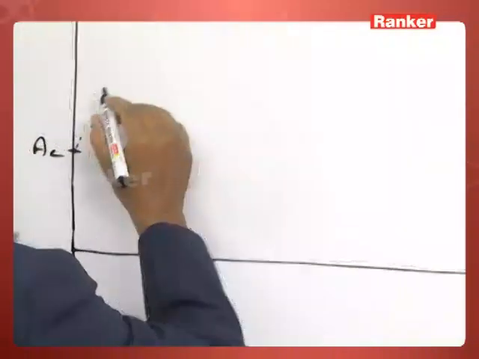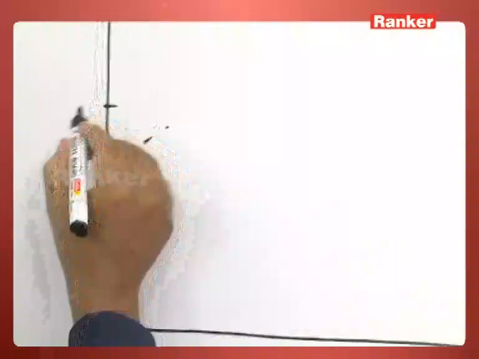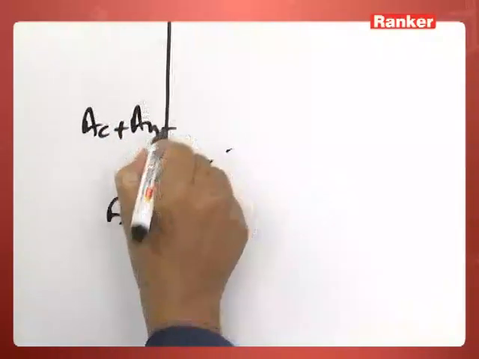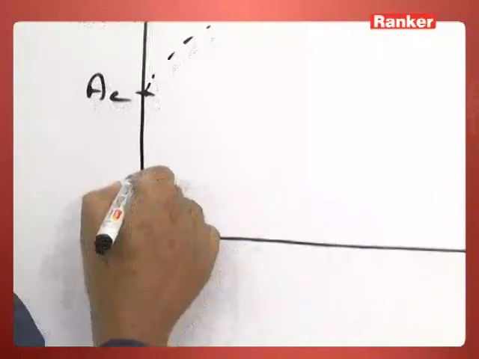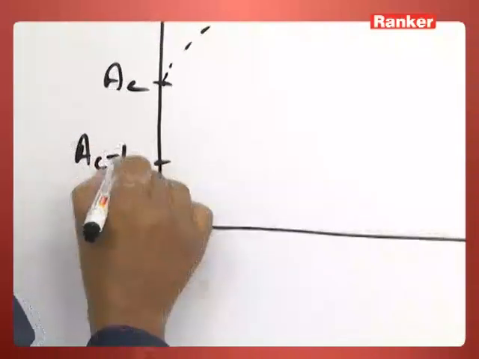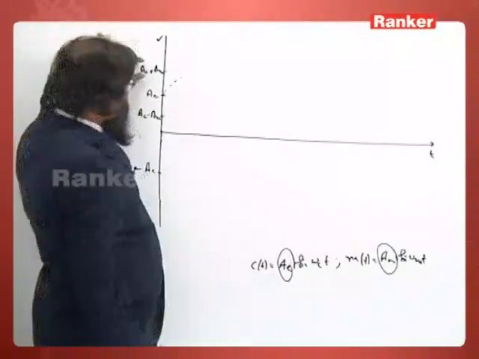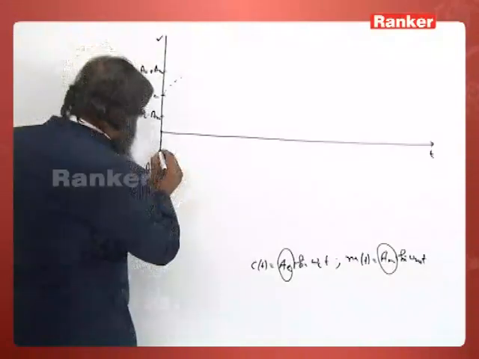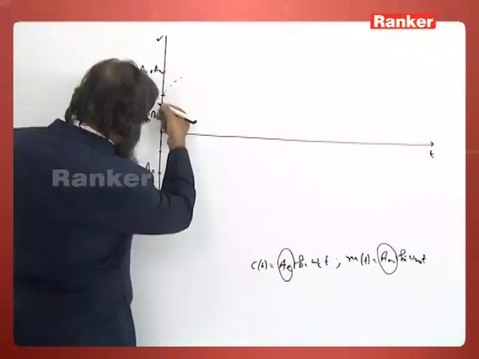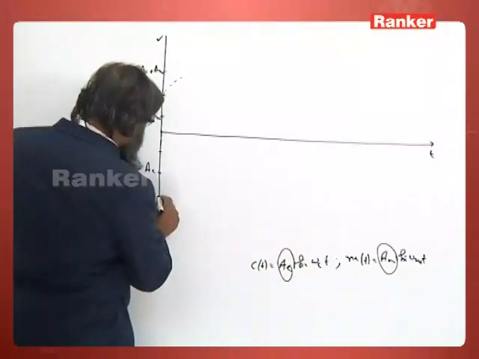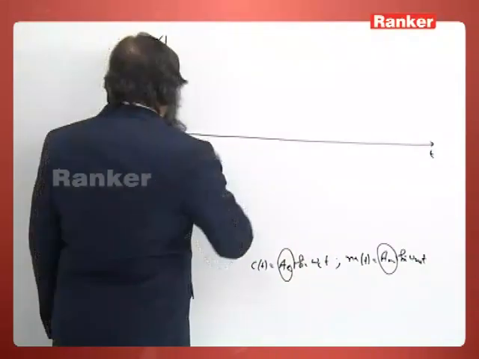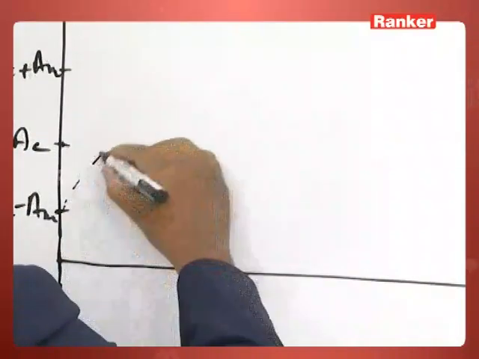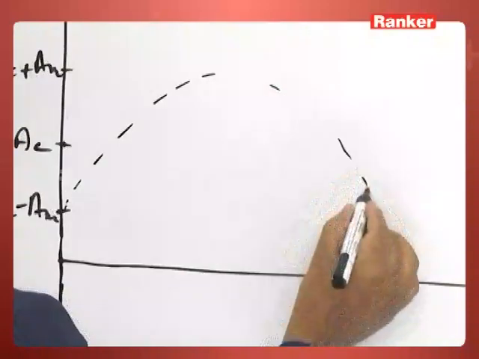So AC is represented here, this is AC plus AM, and this becomes AC minus AM. You see AC plus AM is here, AC minus AM here. Similarly, its negative quantities will be here. So now the amplitude modulated wave